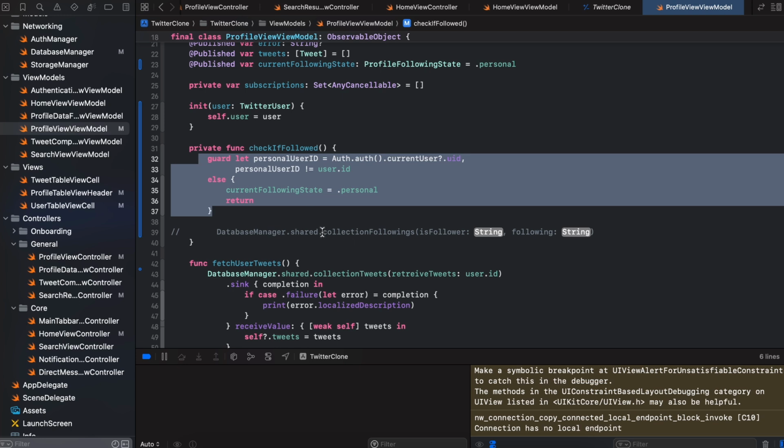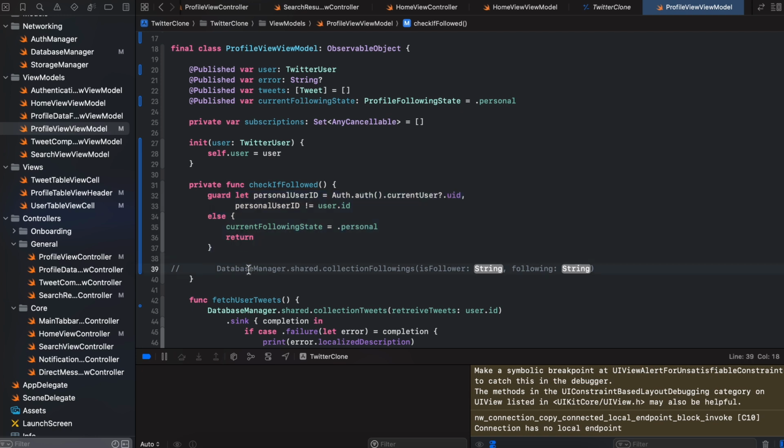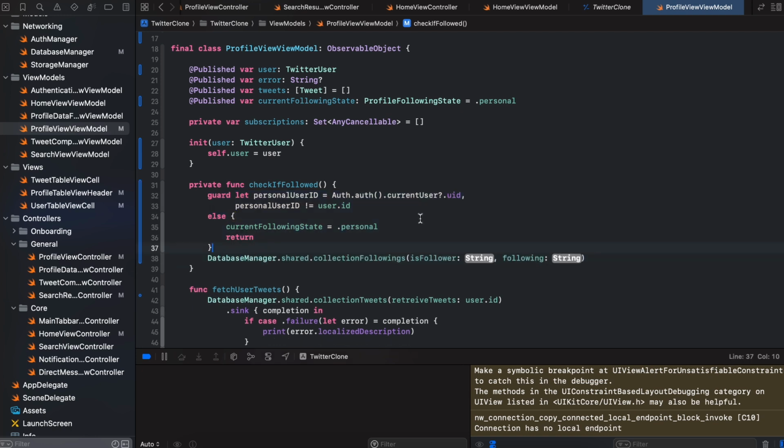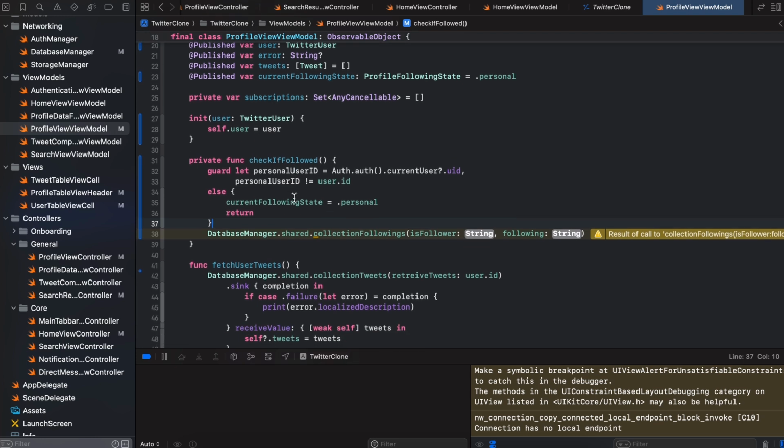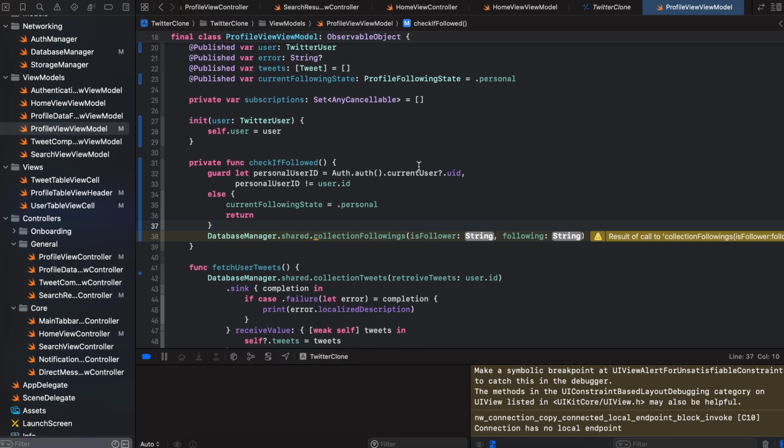All right, okay, so what if we are not viewing our profile? Then we want to check if actually we are following this profile over here. Okay, so let's just do that. So let me just uncomment this and see if the personal ID over here we can pass it. Actually we can make that into two separate guard statements, because we want to still use this one over here and we don't want to write another one. So okay, so let me see, for example, so a personal ID, yeah, basically we have access to that over here. So personal user ID is following the